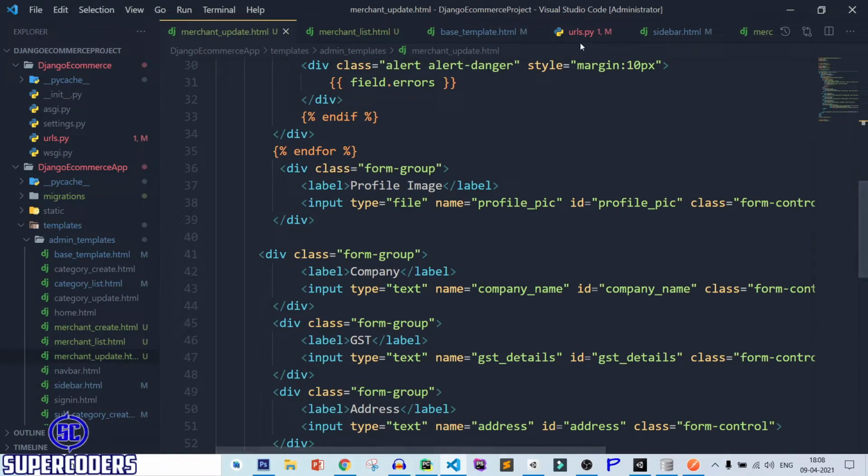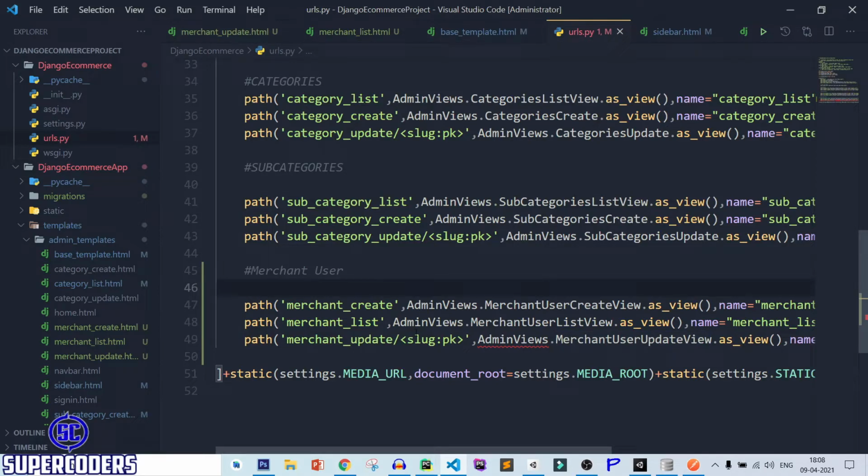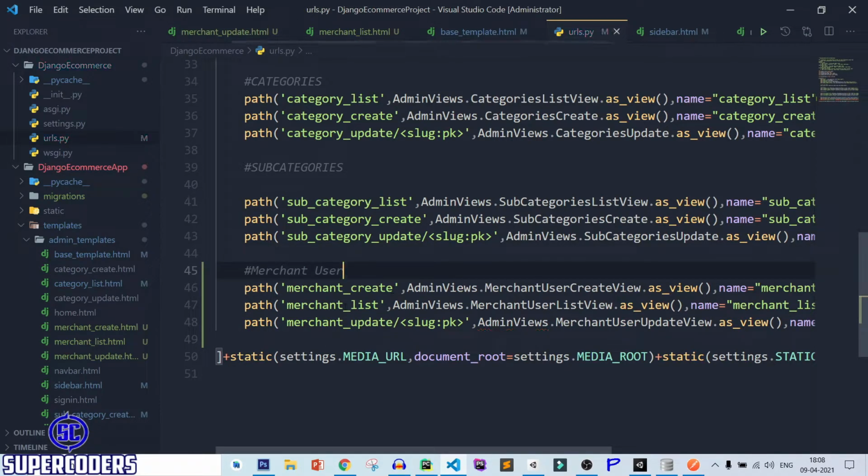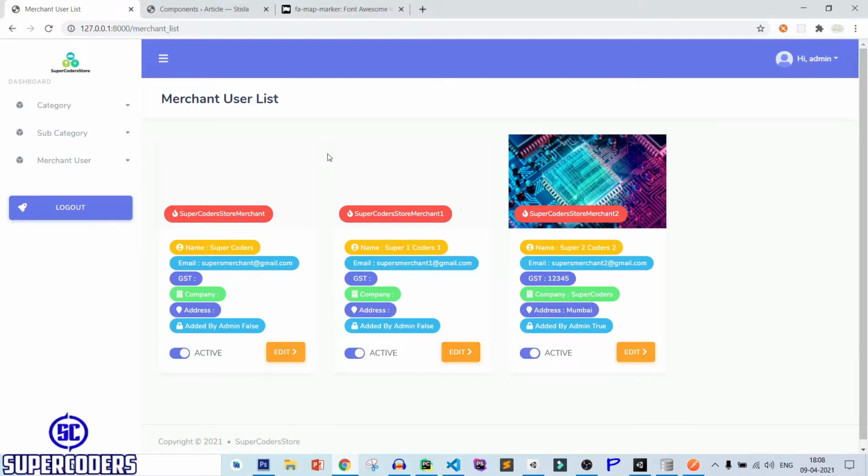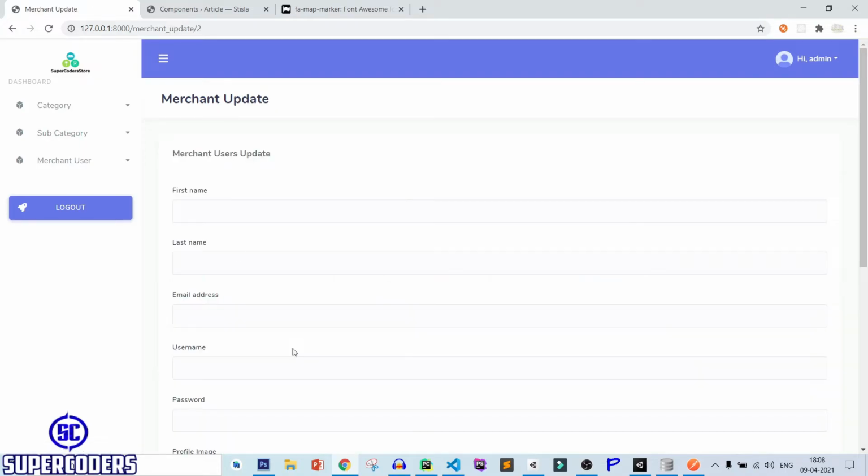After that let's check it's working or not. So save this page, open URL. So back to Chrome, refresh page and try to edit this user and you can see it is showing nothing.